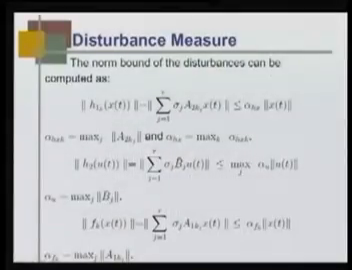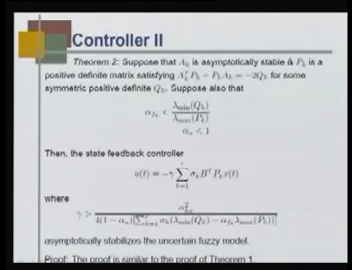And again the disturbance measure has to be computed for h1k(x,t), h2(u,t) and fk(x,t) in a similar manner. Then theorem 2, the controller 2: suppose that Ak is asymptotically stable and Pk is a positive definite matrix satisfying